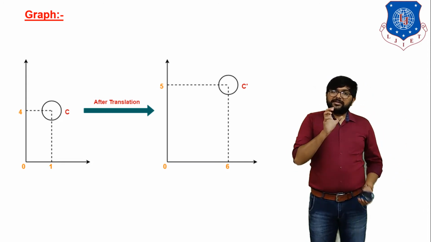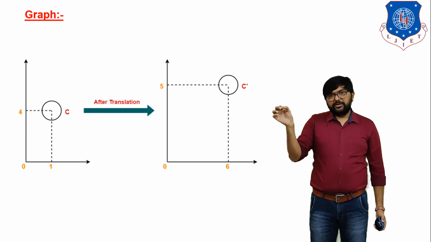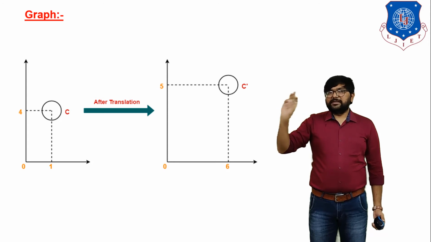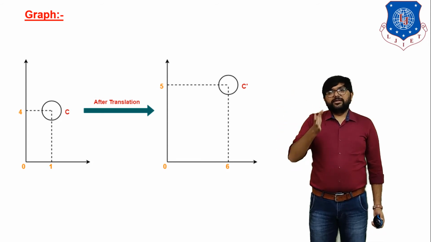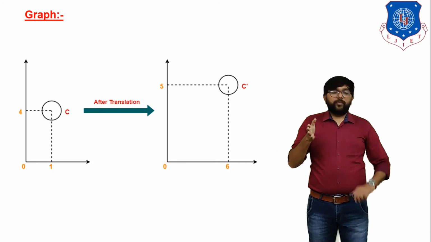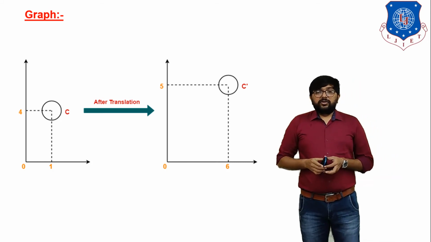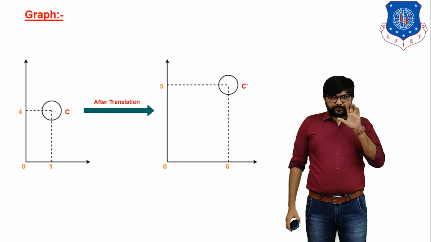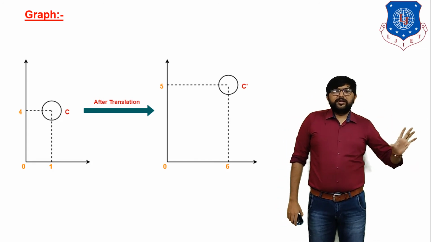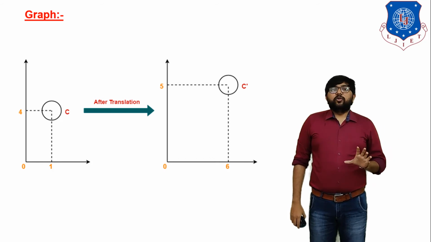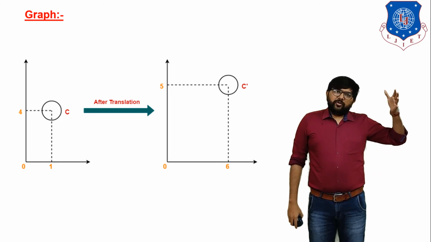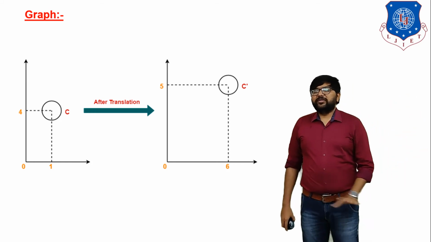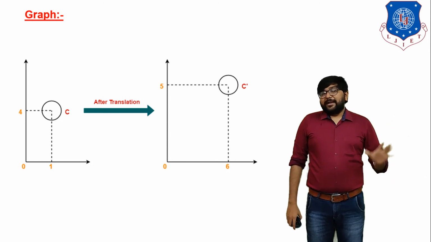Clear? In the same way we have to understand what rotational geometric transformation is, what reflection is, what scaling is, and what shearing is. Clear? So in today's session we discuss only the translation geometric transformation. In this chapter we have to discuss 2D geometric transformation as well as three-dimensional geometric transformation. Clear? In 2D geometric transformation we use just x and y coordinates, but in 3D geometric transformation we have to use x, y and z coordinates.